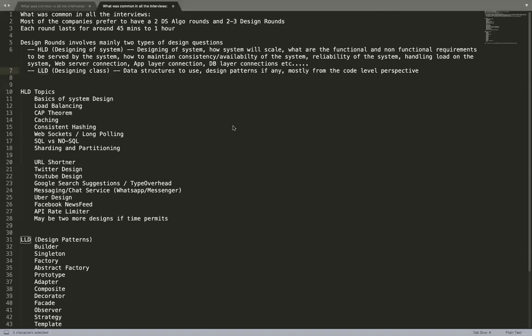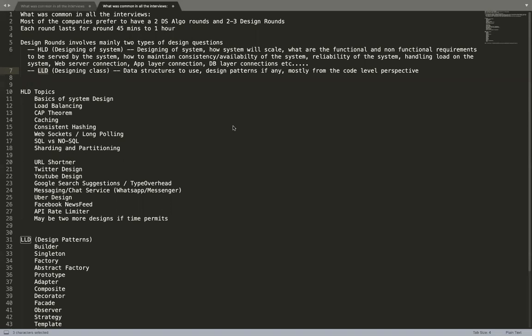Basically, how to match a rider with a driver. That's a problem you need to solve. No one will ask you to write the code for that, but you need to think about a solution: there are multiple requests coming in, and which request do you honor first? That becomes a part of your high-level design. You need to design a system where multiple requests are coming in and you need to match a request of a rider with a driver.